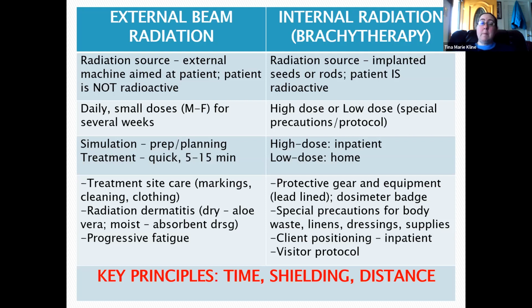Spouses should really be sleeping in separate rooms during this time. Now, with the low dose radiation, generally there's not a whole lot of special precautions for body waste. We do tell the prostate cancer patients with the seeds that they should double flush the toilet when they go. But again, you're talking very low dosing there